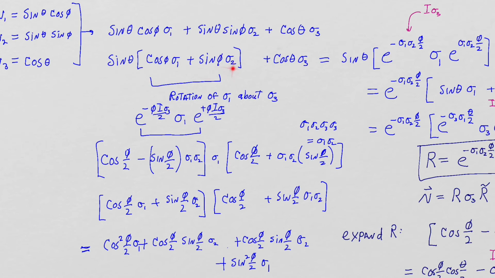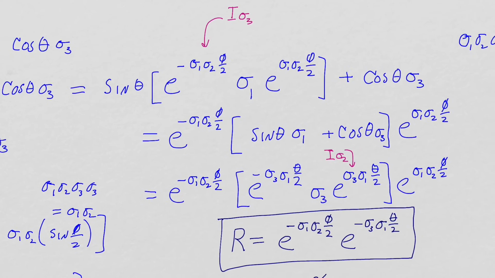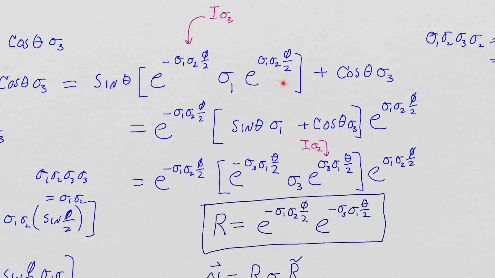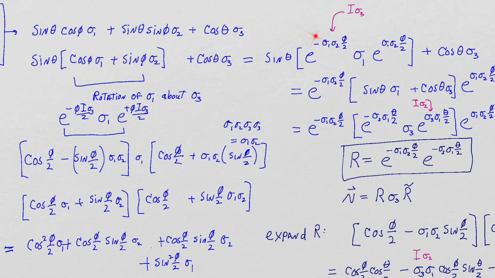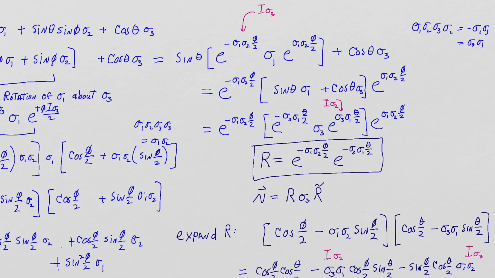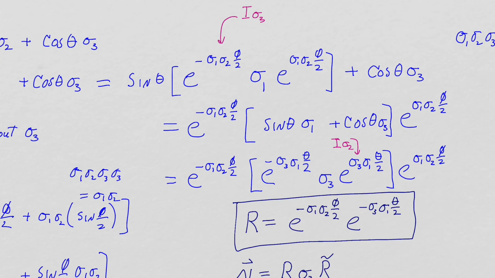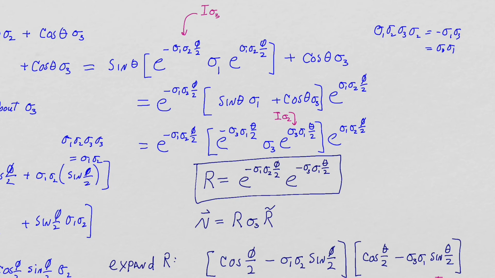Okay, so now that I believe that this is given by this rotor form, right, where we're taking this vector and we're just rotating it, I can now make the replacement, just straight make that replacement. You know, I'm replacing this with its rotor form right here. And I replaced I sigma 3 with sigma 1, sigma 2, just to make it very clear. And what do I do next? Then